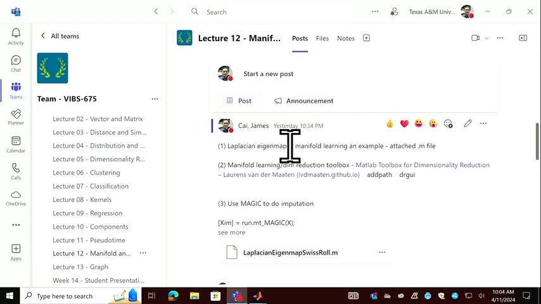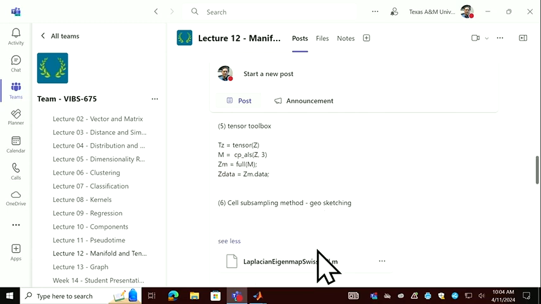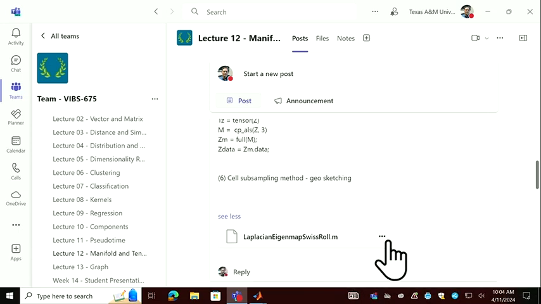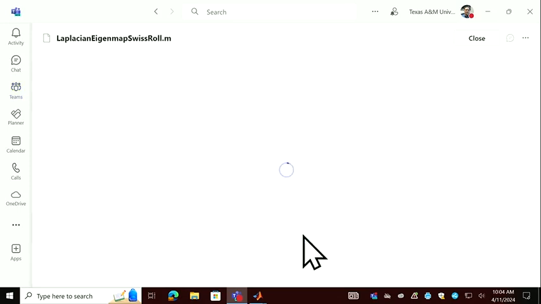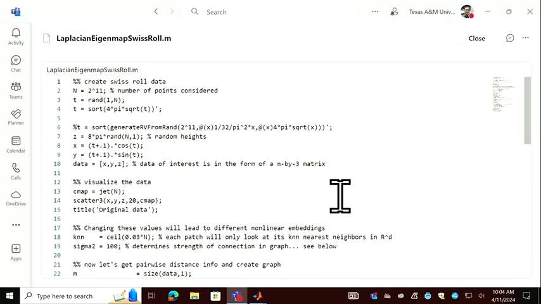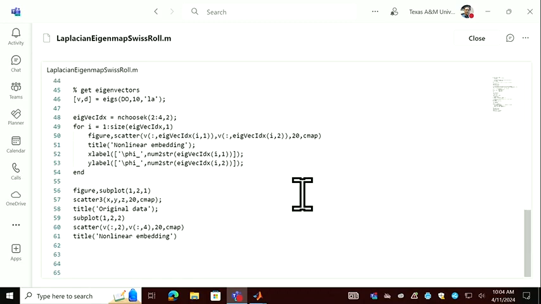If you Google search, you can find this source code in MATLAB Central. MATLAB Central is a user discussion group, basically. If you have something you want to share as a user, you can upload your code into MATLAB Central. But you need to register, a free registration. So for your convenience, I just downloaded this source code and put it in this channel. So if you double click, open it,